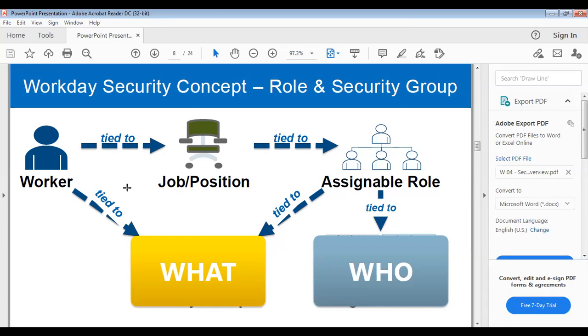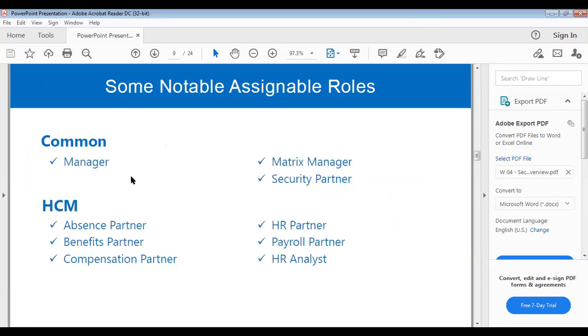You'll get more clarity when we work on this. Try to remember a few of the security groups, some notable assignable roles. In interviews they will ask what the common security groups are, what the user-based security groups are, and what the domain-based groups are. So try to remember a few security group names.